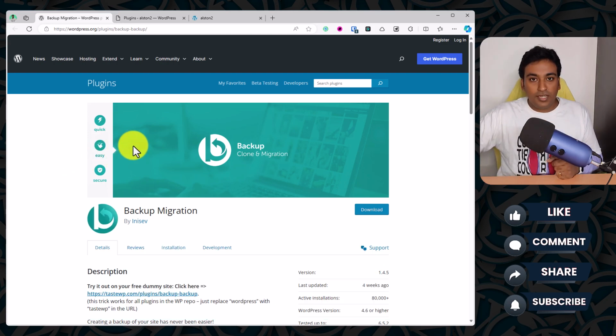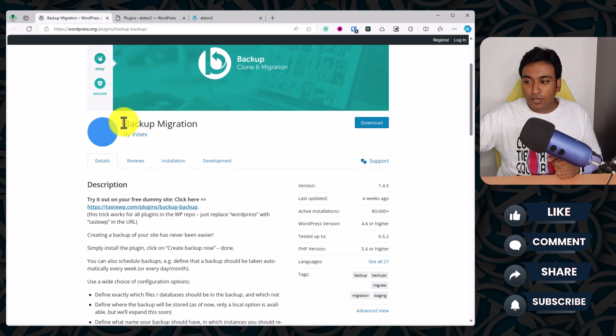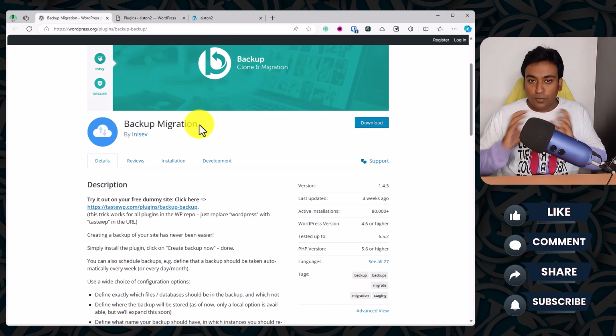For this particular use case, I'm going to use this plugin. It is called Backup Migration, or it is also known as Backup Bliss. There are a lot of backup plugins in WordPress, a lot of good ones, and this is one such plugin. With the free version itself, you can do most of the work, because the premium plugin only offers file sizes upward of 2 GB.